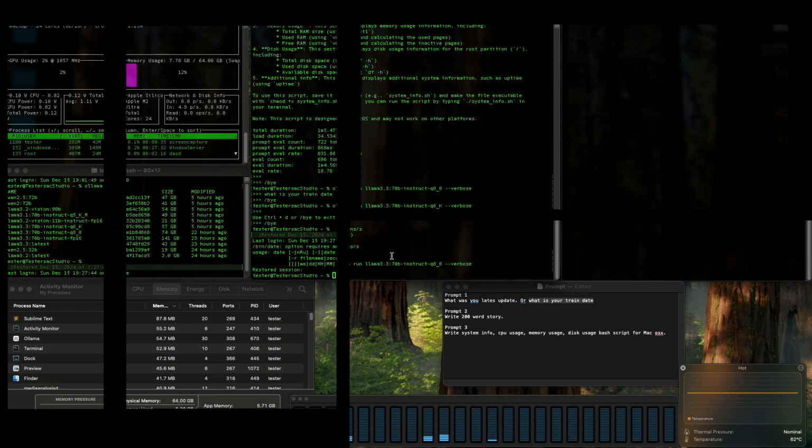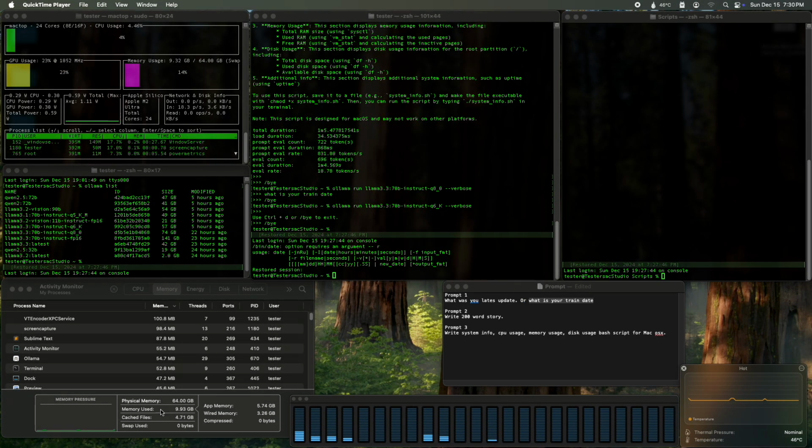All right, so I cut it off, and I had to reboot the system. Unfortunately, it took way too long, and there was no response. So I rebooted the system. We're gonna try Qwen 2